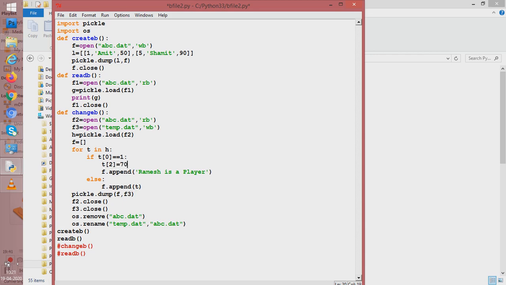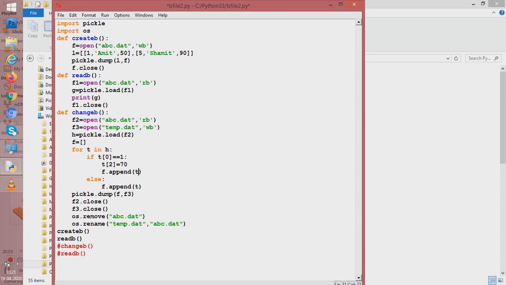Now if 70 has been made, now in the new file, that is first in the list, if I say append T, so T would be appended, and what would T contain? T would contain 1 Amit 70. So this is a simple change we have made, and this simple change would bring a bigger change in the file. How?